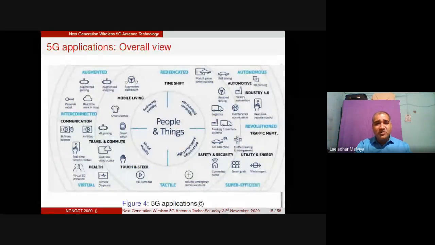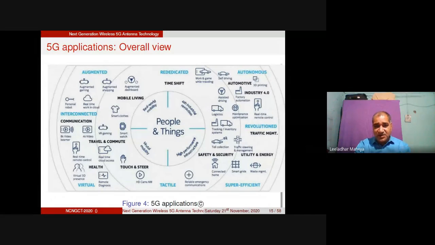Okay, so if you look at the overall scenario here, 5G has a very strong candidature in the next generation. So we may look at the different services here. Self-driving cars are required here. Logistics is here. Tracking systems, inventory, toll collection systems, then smart homes, smart grids, as well as virtual reality gaming, smart watches, and we will look at so many things like smart clocks are required here, cloud computing is